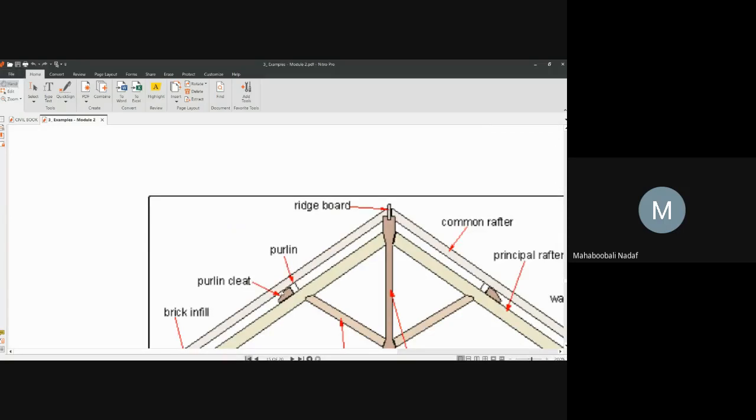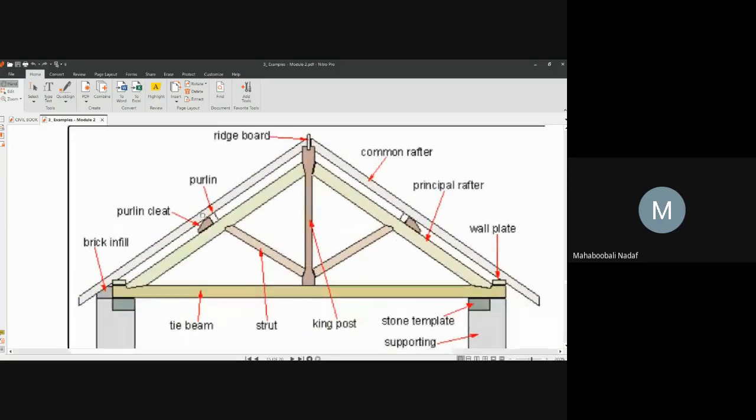Today in this class, we are going to start with Module 2. In that, first we are going to solve the truss problem. Later on, some examples have been left out in Module 1. Those things we are going to resolve. Now, everything is okay.